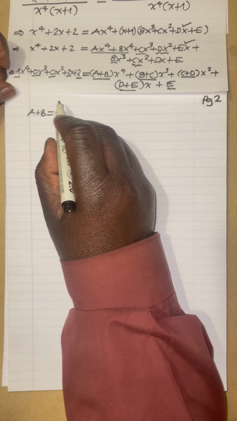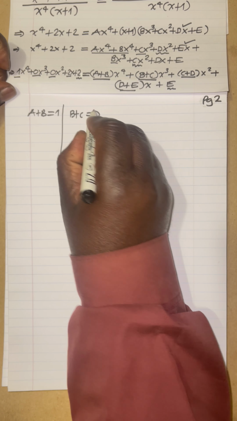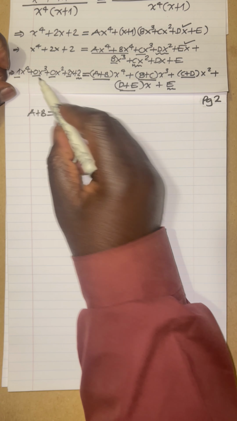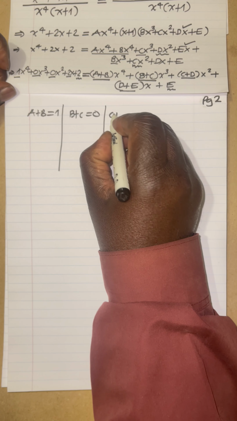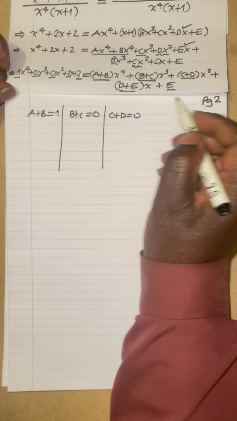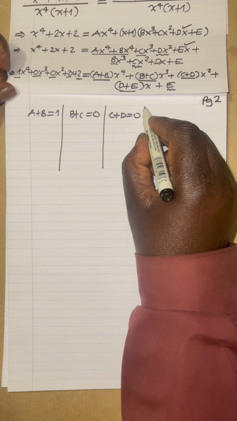And then we're going to carry on. Next one is b plus c equals 0. And then we're carrying on. We have c plus d equals 0 there. And then we have d plus e